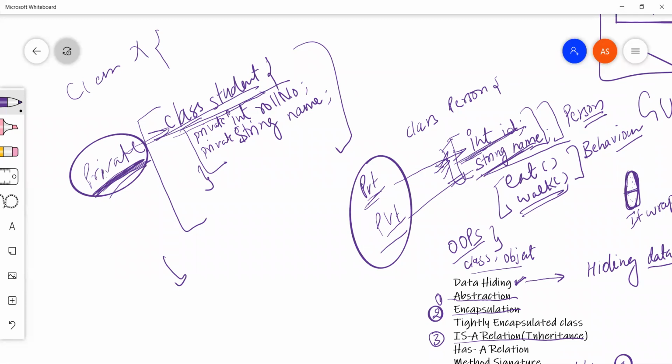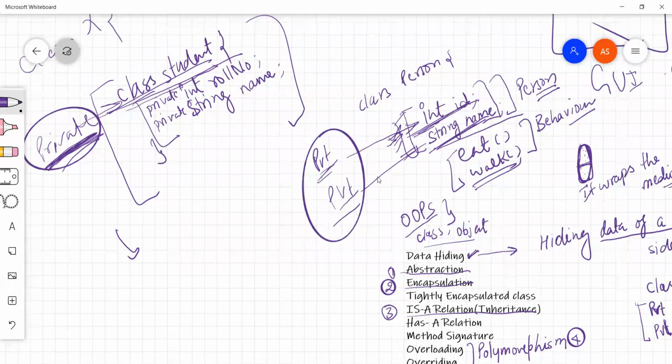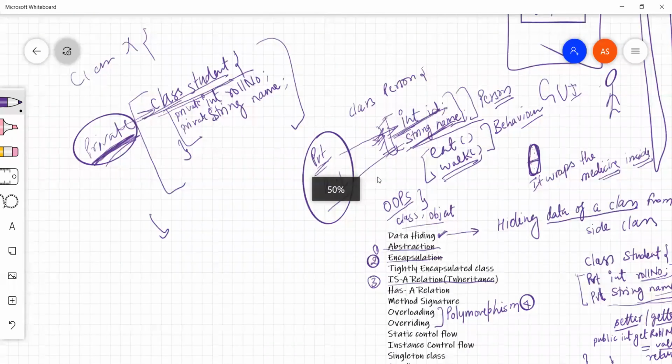One more thing related to this tightly encapsulated class, but we haven't discussed that yet, I'll come to that later, after inheritance. In encapsulation, do we need to make the class members private or not?